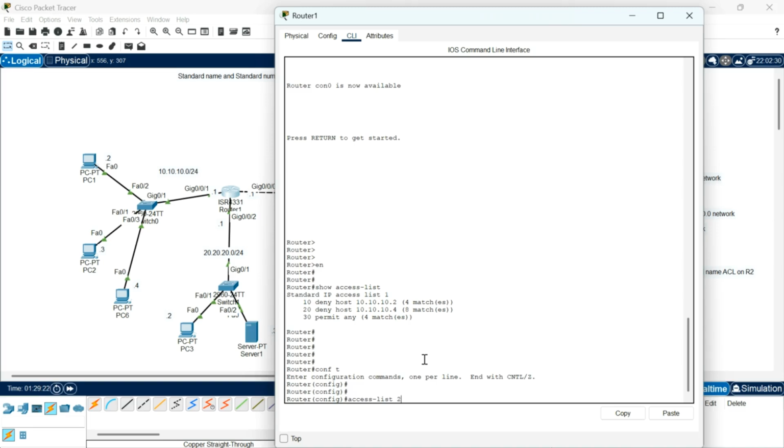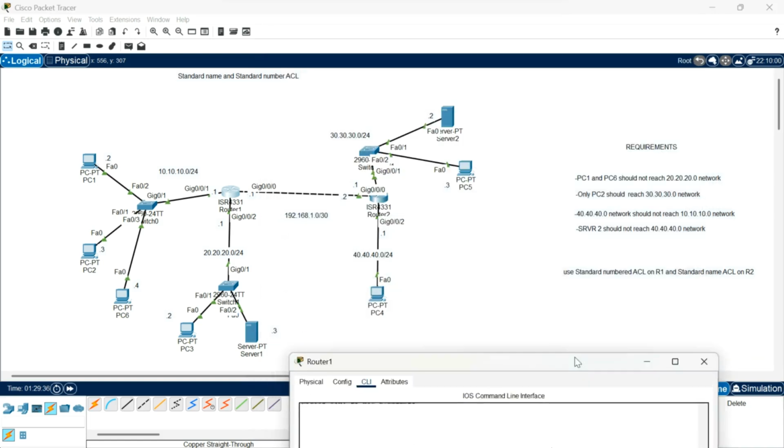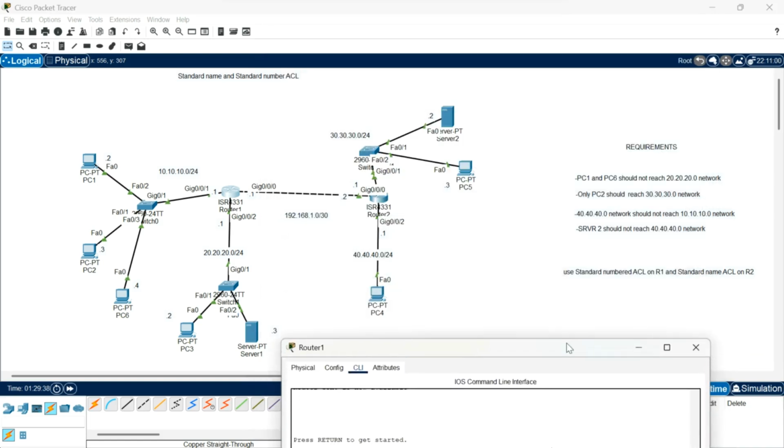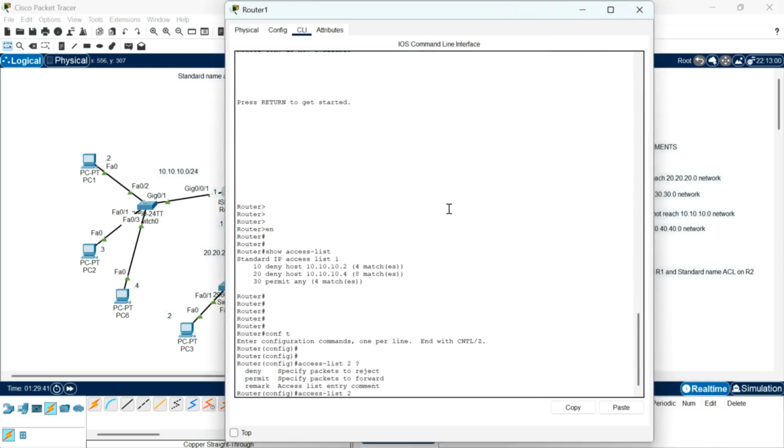Dash list 2. The first one was list 1, so we use 1 to name the first one, to number the first one. So this time we are using 2. Okay, so what was the option? Say 40.40 network should not reach, meaning we are denying